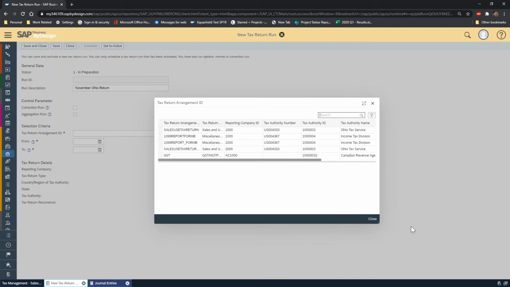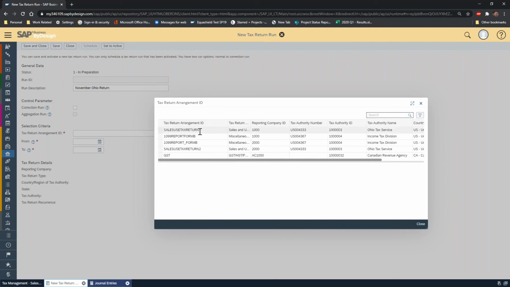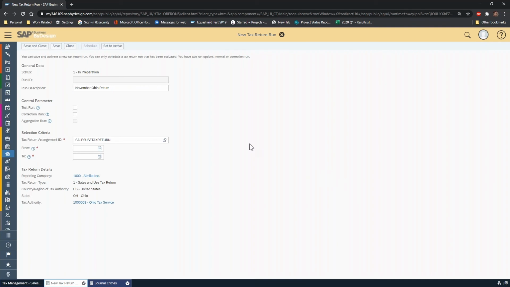And now when I invoke this list, I get a list of all of the different tax return arrangements. So you'll recall that tax return arrangement ID. I was not very happy that whoever set this up didn't put the word Ohio on it, but it does have my tax authority over here. So I can kind of deduce that this is the right one. And that's the one linked to my Almica company. So you're running this for a single tax region for a single legal entity of yours. So if you have Ohio dealing with your two companies, my Innovat,